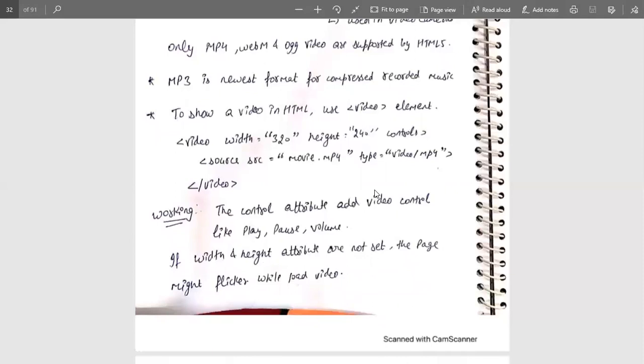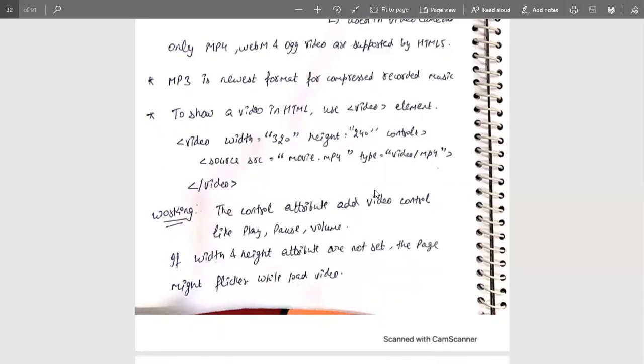The source of a particular video is mentioned with the help of the src attribute, and the type of the video. Because there are so many extensions available, what type of video you want to insert is also mentioned with the type attribute, which contains video/mp4. That means the MP4 extension is of video. And once all the features are mentioned, we have to close the video tag.